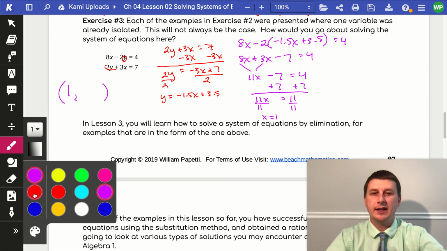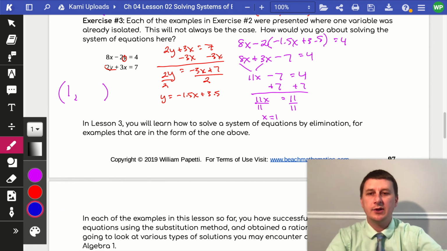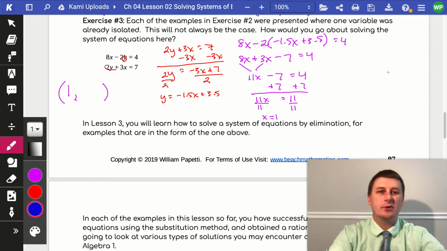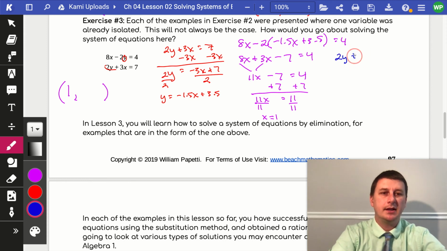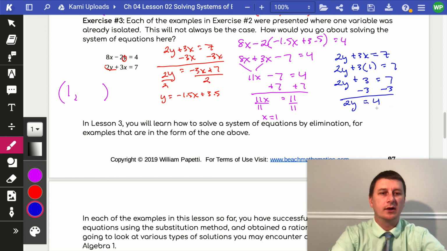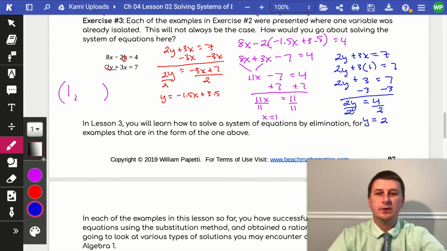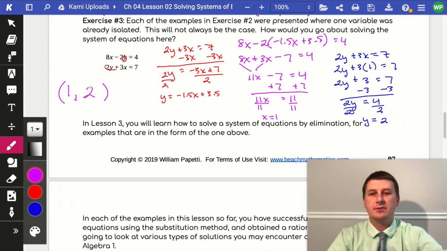To find that something else over there, we're going to have to now choose either equation. I'm going to choose this bottom equation, 2y plus 3x equals 7, to find my y value. But now I know my x value is 1. So I'm going to substitute in 1 for x. And that's going to be 2y plus 3 times 1, which is 3, is equal to 7. I subtract 3, and I'll get 2y is equal to 4. Finally, divide each side by 2, and that gives me a y value of 2,